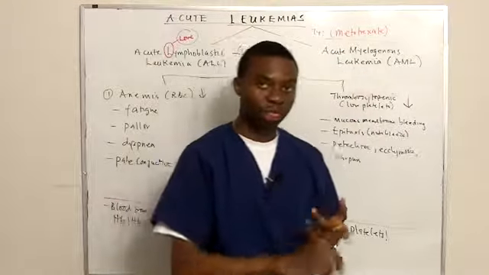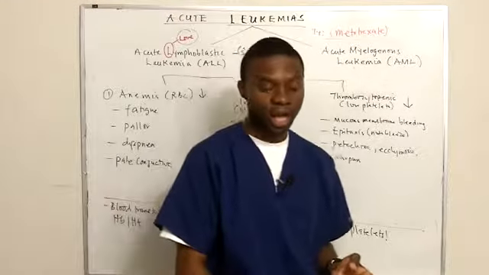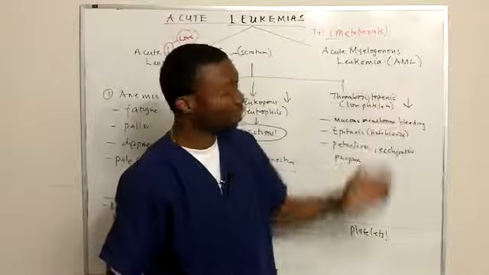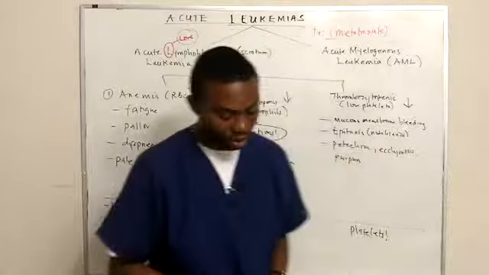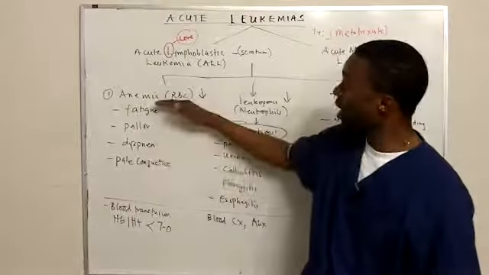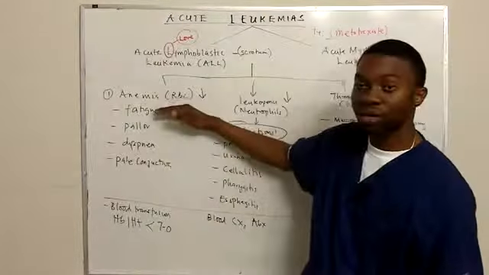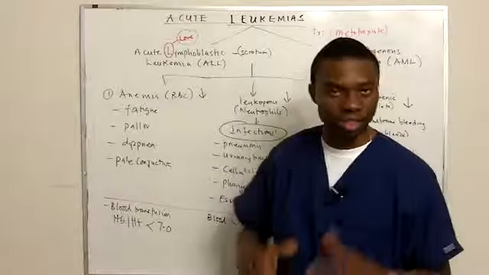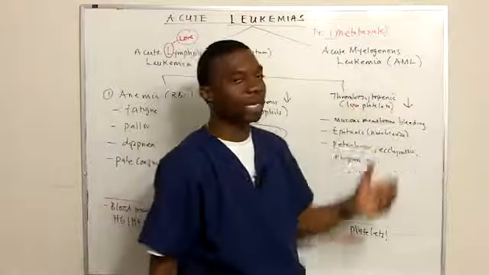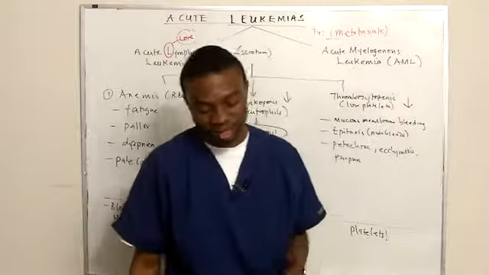Risk factors include having been exposed to radiation, and also you could have myeloproliferative syndrome, myelodysplastic syndrome, and also chemotherapy can predispose you to AML. Those are risk factors. For ALL, remember these patients affect the pre-B cells and the pre-T cells, and from the word lymphoblastic, it affects lymphocytes. And the age is the most important thing in ALL, less than 15. In AML it is 15 to 19 years old.